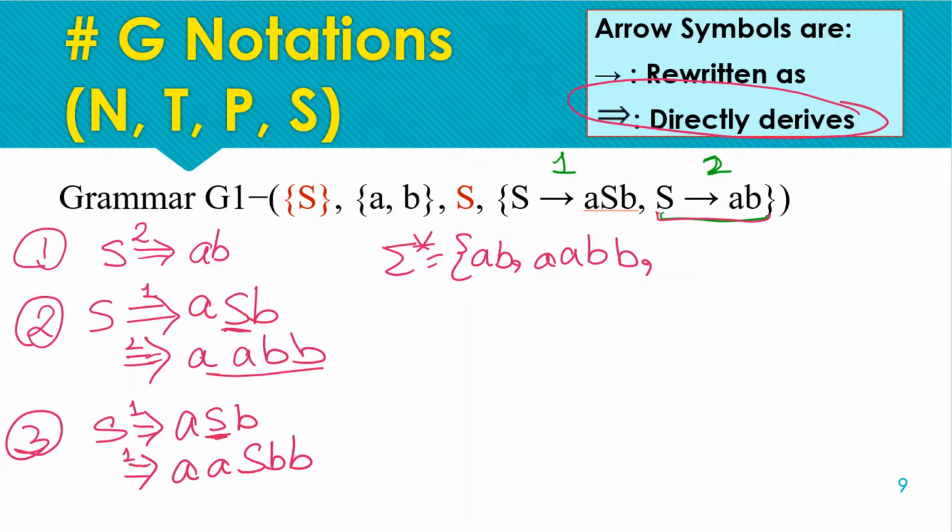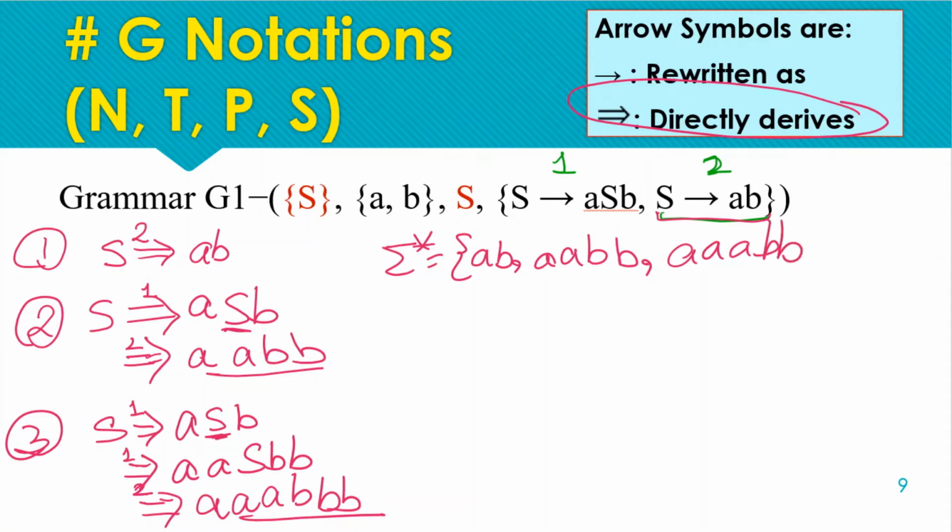Okay, so simply we are rewriting the non-terminals with the right hand side of the production rule, according to our requirement, as we are guessing the strings. So we have to use the hit and trial method, meaning we have to try all the options to find out the strings. Here ultimately we have to terminate by the application of rule number 2, and this is the final resulting string, triple A and triple B. So let's write this string again.